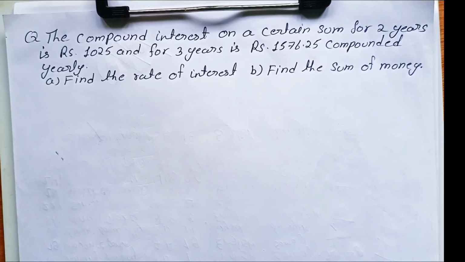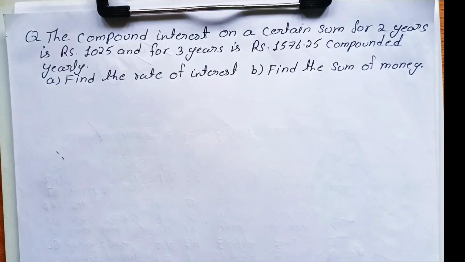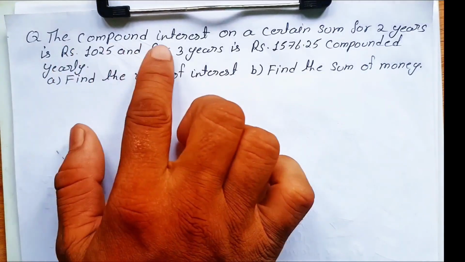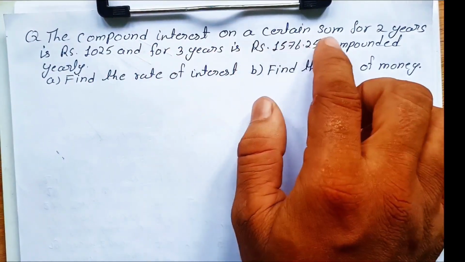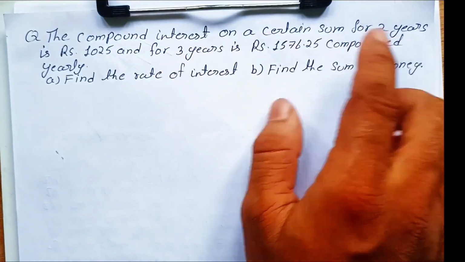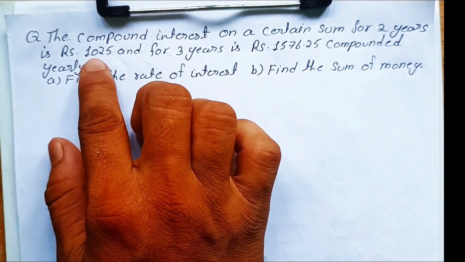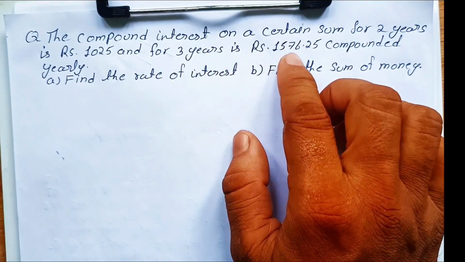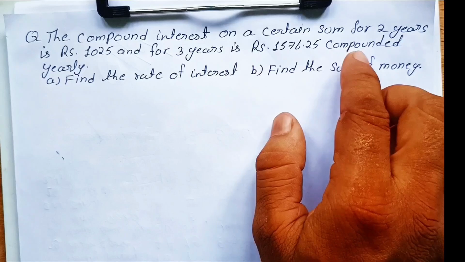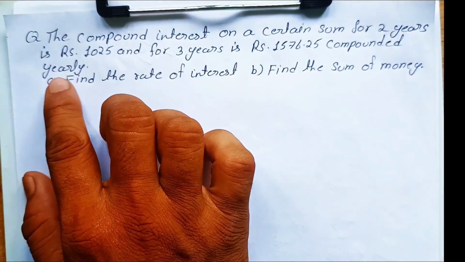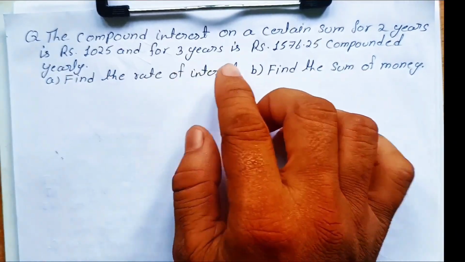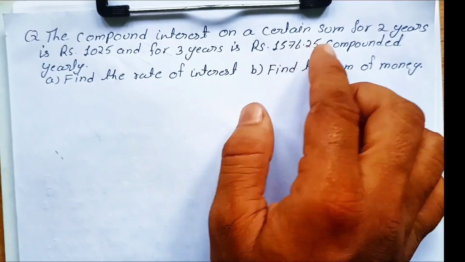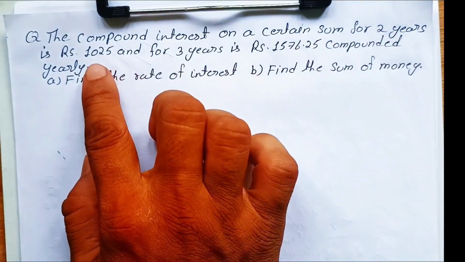Students, how are you? Today we are going to solve a new question based on the topic of compound interest, and the question is here like this for you. The compound interest on a certain sum for 2 years is Rs 1025 and for 3 years is Rs 1576.25 compounded yearly. So the question is just saying that for a certain sum of money in 2 years the compound interest